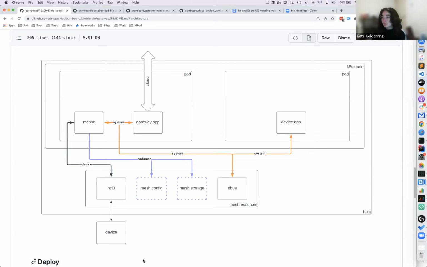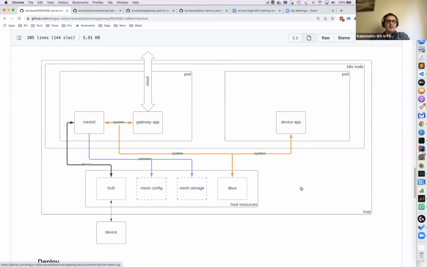Is that common practice for an application to join the mesh in order to interact with the devices? Is that kind of how it works? Not that I see a lot of it, but I found it very useful for testing purposes. But actually you can see that it is right, because your Linux container doesn't need to be only a gateway.